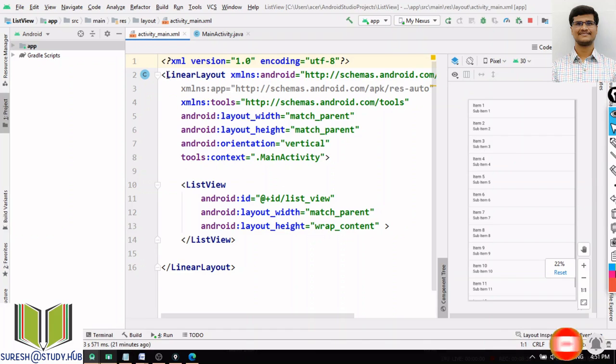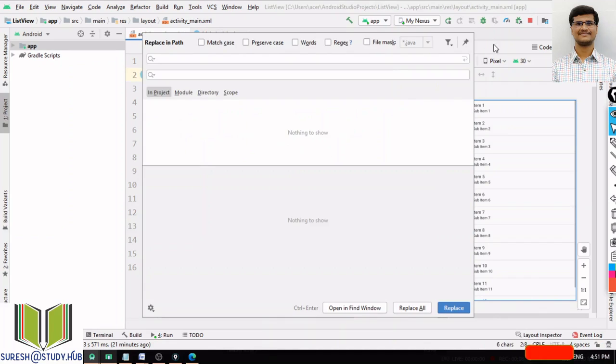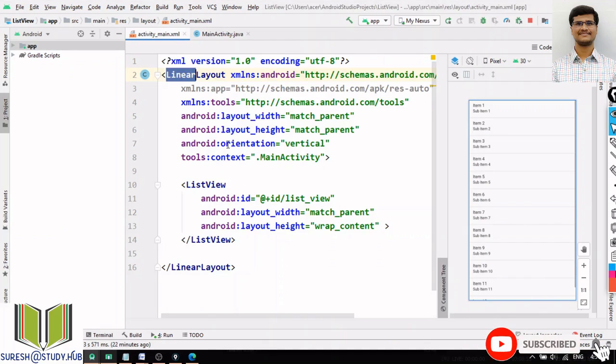So this is your, I'm using this linear layout. So this is an example of a layout. Inside this layout, I'm using another view. Okay, so I'm using this linear layout, and I'm using the orientation as vertical. If you see over here, what is the orientation I used? That is your vertical orientation, so that all the components are arranged in a vertical fashion.